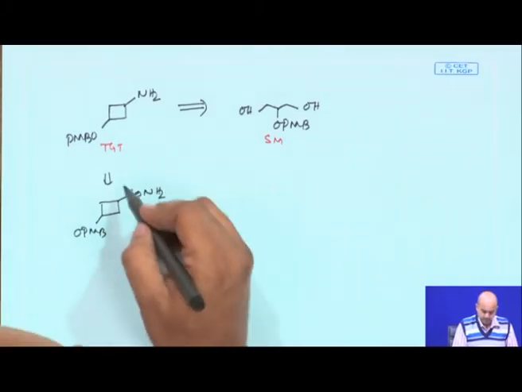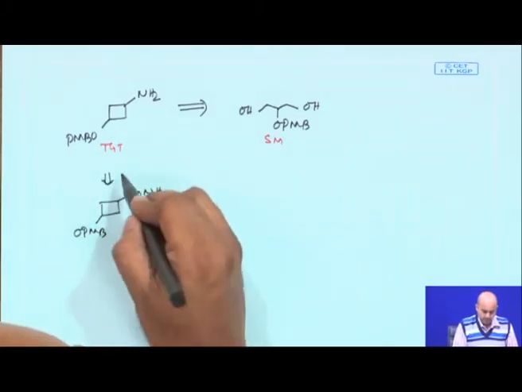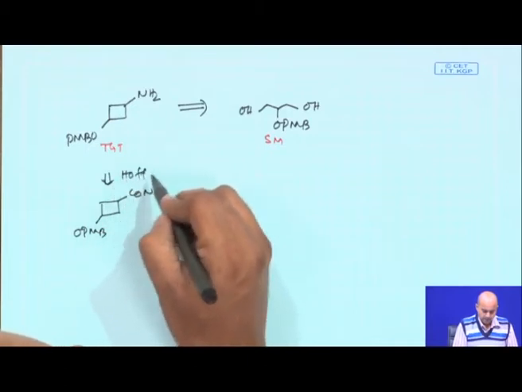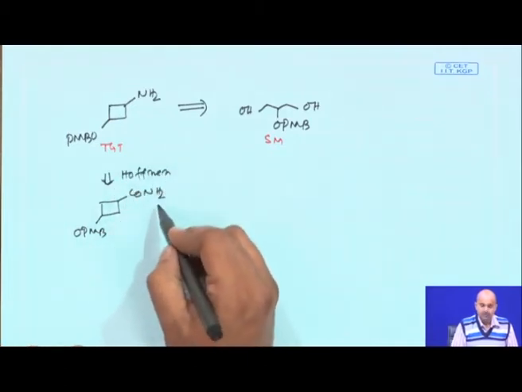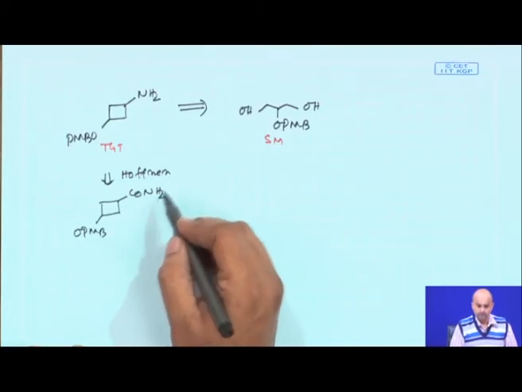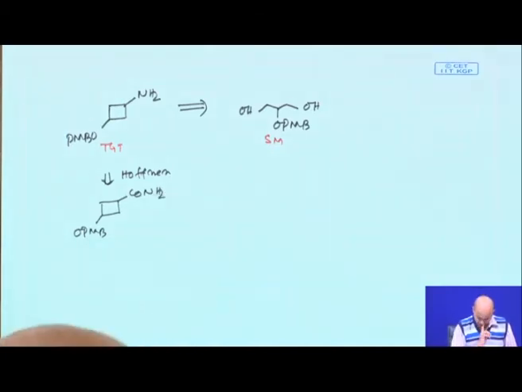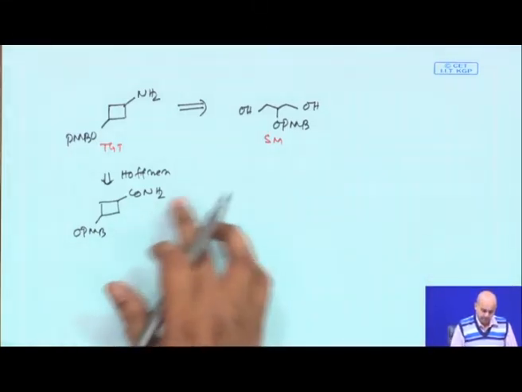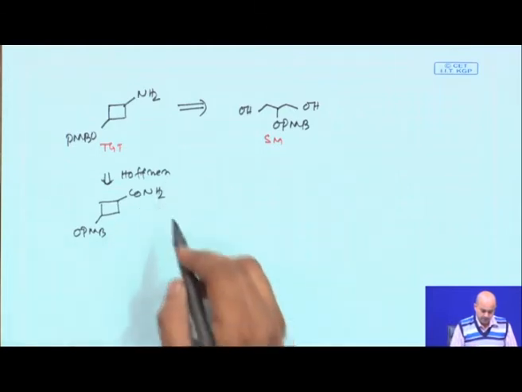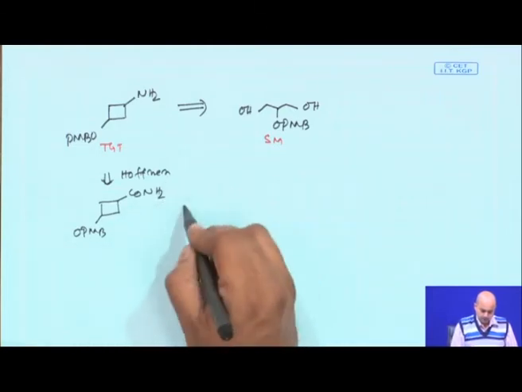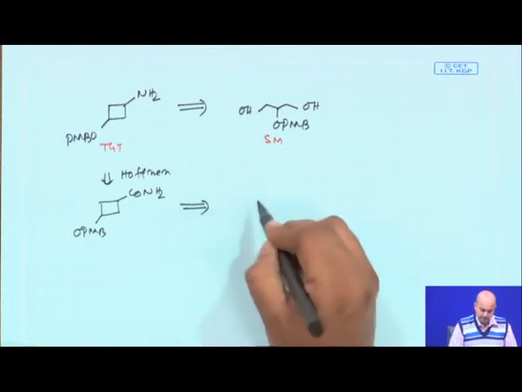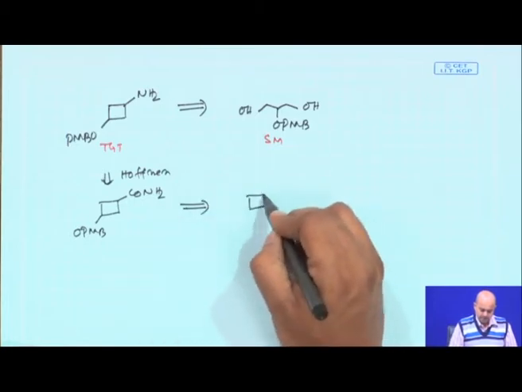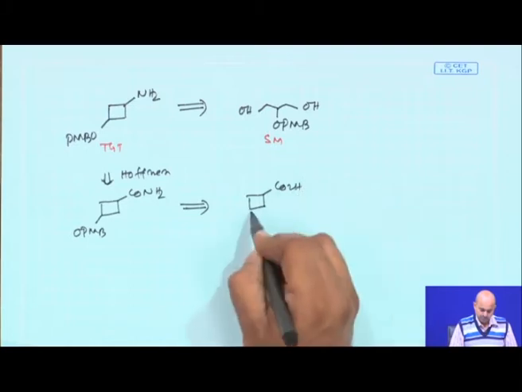This is a very well known name reaction, a Hofmann type reaction. Hofmann rearrangement, amide to amine, RCONH2 to RNH2, which is a standard reaction, which probably all of you know from 10+2 chemistry. So, the Hofmann reaction is a very important reaction, and now this Hofmann amide you can easily construct from the corresponding carboxylic acid.